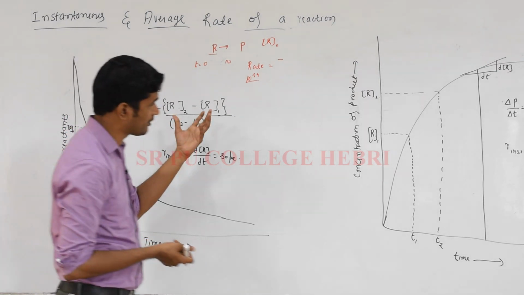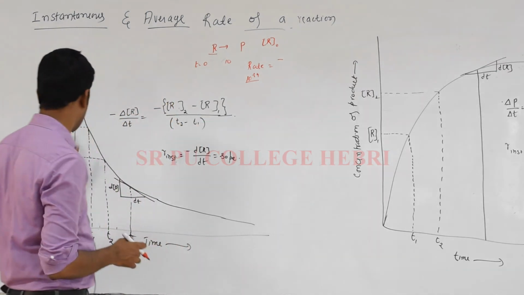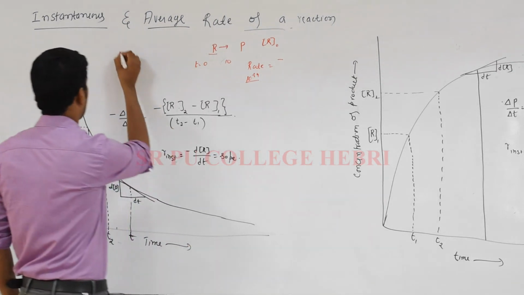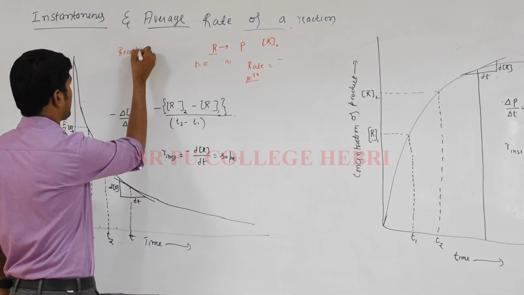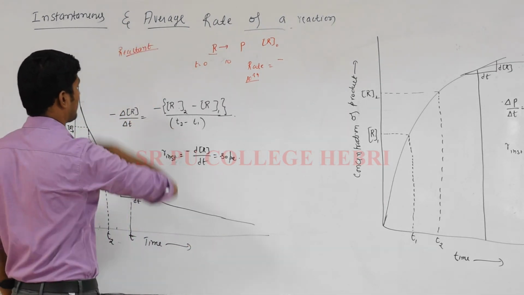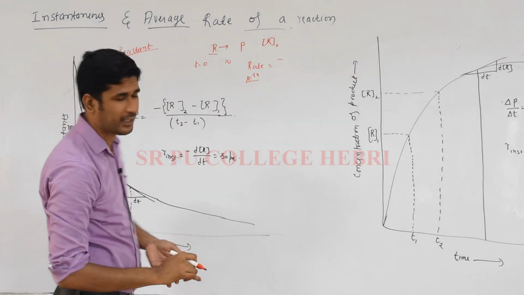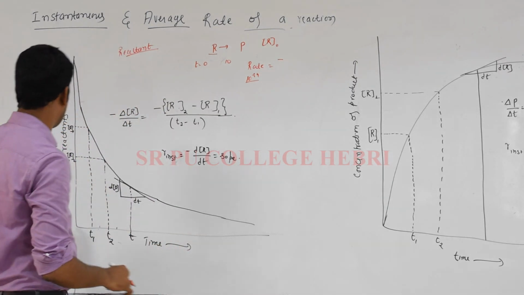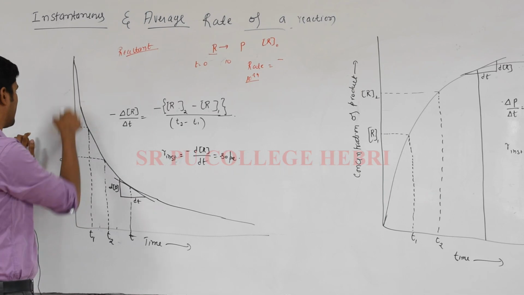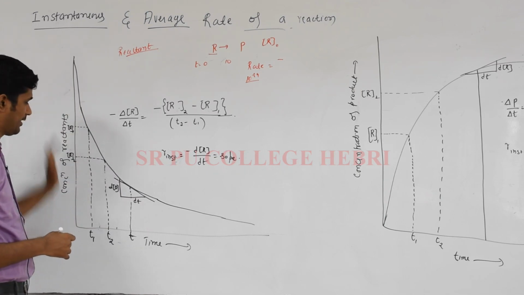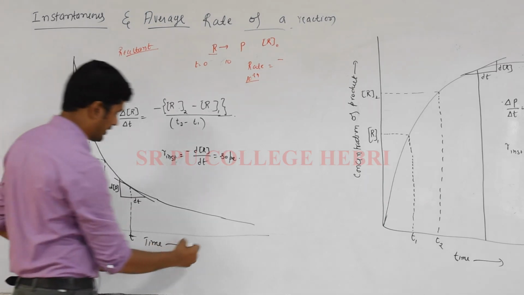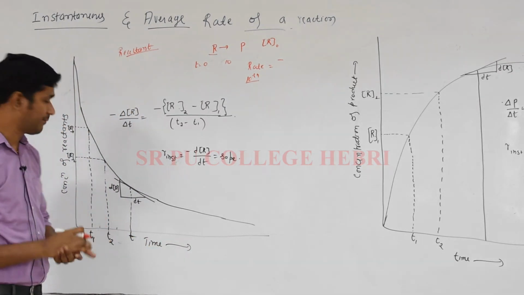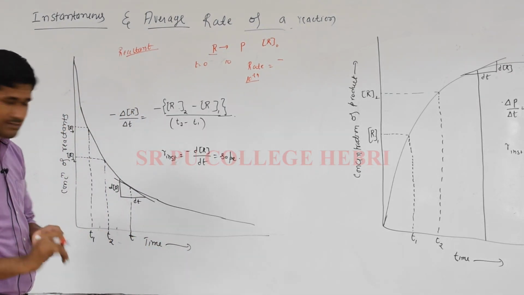Here I have drawn two graphs. The first one is for the reactant, where I show the reactant concentration with respect to time. When you look at this, along the y-axis I have taken the concentration of reactant, and along the x-axis I have taken time. You can take it in seconds or in minutes, but in the SI system of units we take it as seconds only.